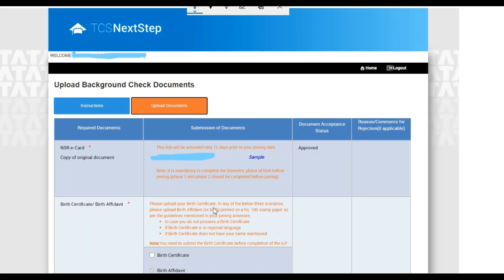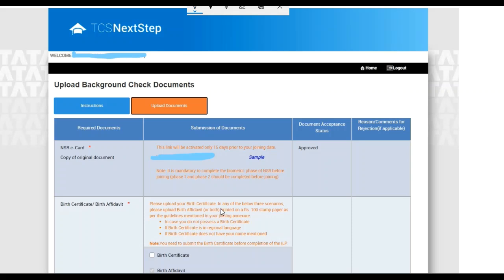And the next one is birth certificate or birth affidavit. Here you have to upload your birth certificate, and in case you don't have your birth certificate, you can upload your birth affidavit too. In case you do not possess a birth certificate, if the birth certificate is in regional language, or if the birth certificate does not have your name mentioned, in these cases you can upload a birth affidavit.